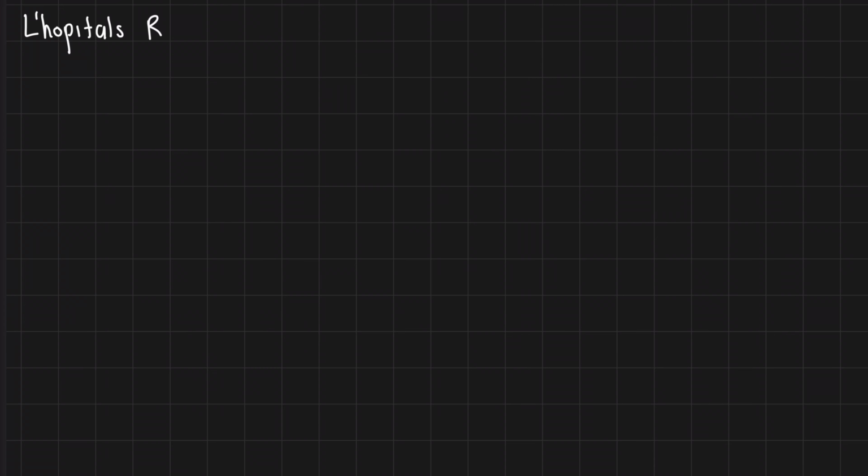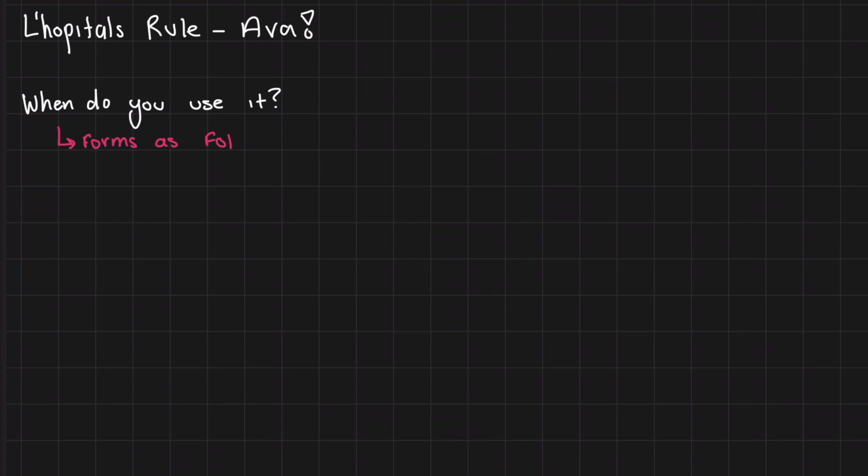So today we're going to go over L'Hopital's rule and how you use it. L'Hopital's rule is really important. We use it when we are trying to find what a limit approaches, if it approaches zero or infinity or a definite number. L'Hopital's rule is really important because when we are given a limit that has an indeterminate form,